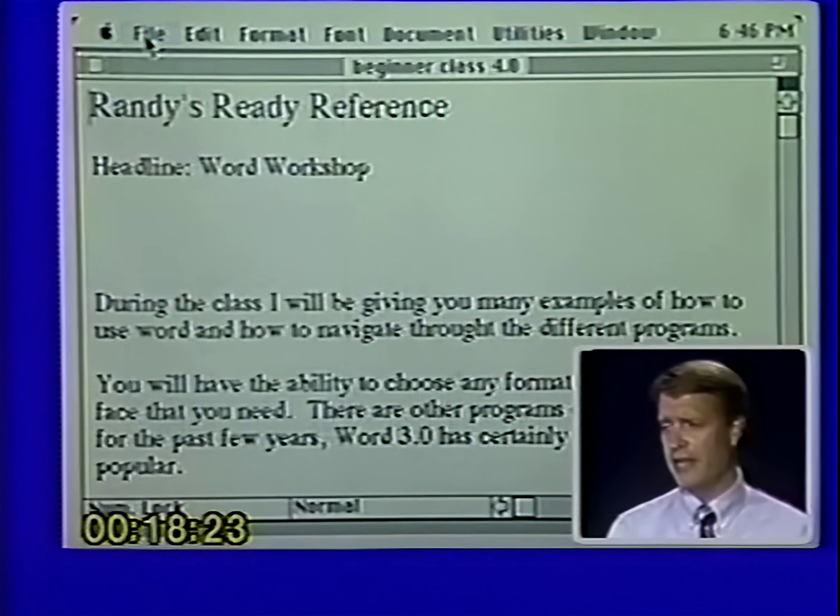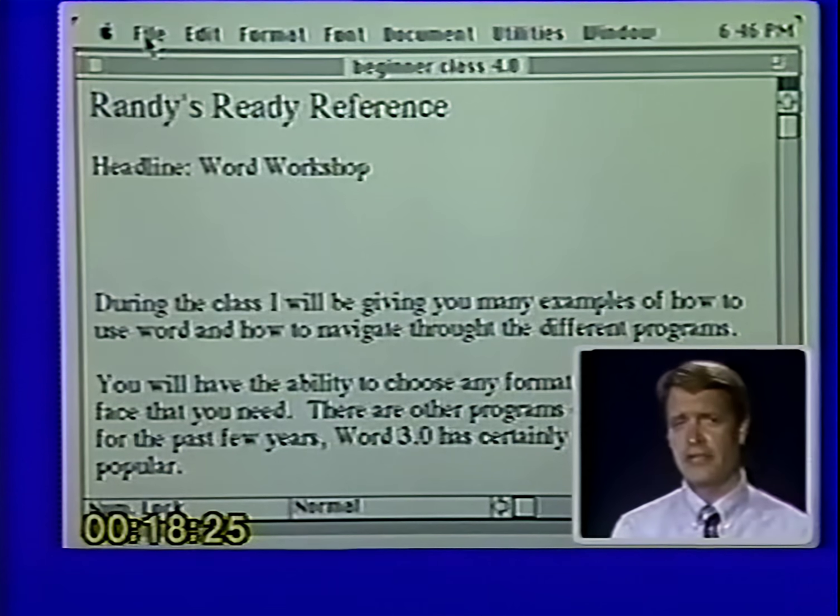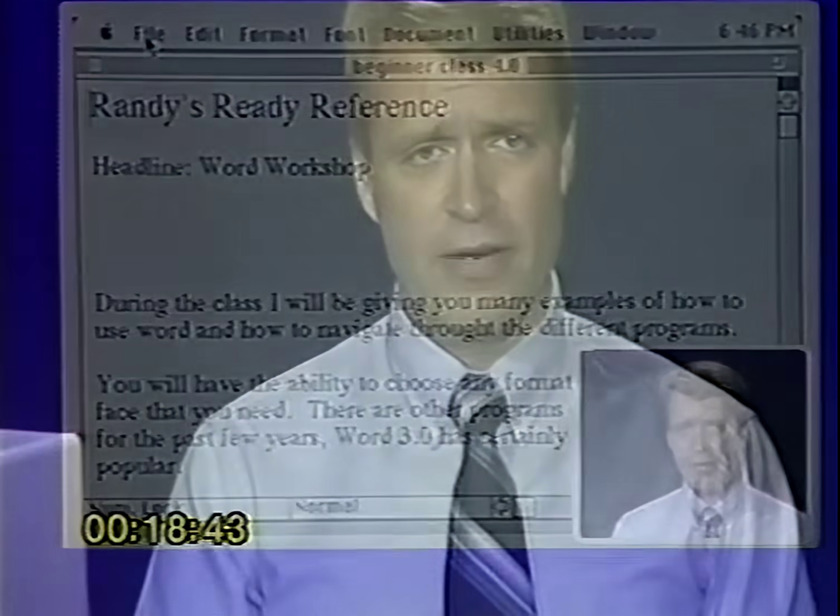Now, many of you would like to, for example, create a customer service letter. Let's say the first 3 paragraphs are always exactly the same, but you always have to add a 4th paragraph down at the bottom of your document. And it gets a little tiresome typing out the first 3 paragraphs over and over again. What Save As allows you to do is to create a document that has the first 3 paragraphs.